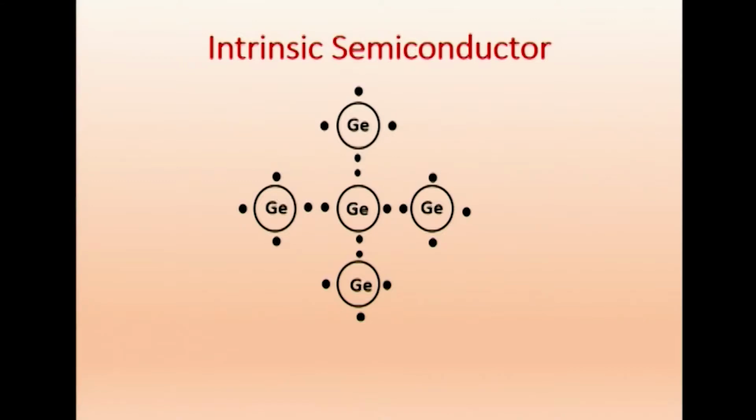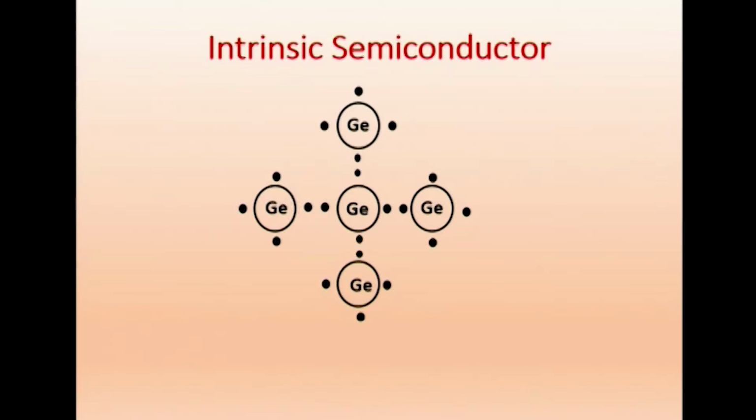Before you go to semiconductors, we have conductors like metals, and we have non-conductors like glass or wood. Semiconductor is in between the two, so you can have some conduction intermediate between the metal and the non-conducting dielectric. Now in semiconductors we have intrinsic semiconductor and extrinsic semiconductor. Intrinsic is by nature what it is.